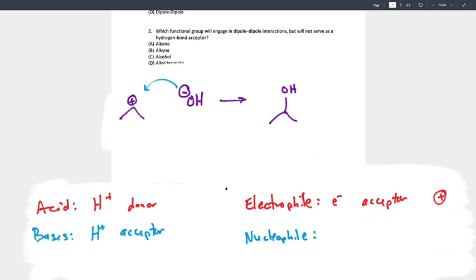What did your acid do? It donated H+. Donated H+ by doing what? Accepting electrons. Okay? So the acid and the electrophile definitions really float in similar areas. The electrons are ultimately doing identical things. It's just what they're acting on. Acids and bases, our electrons are acting on hydrogens, and so we decide to use the hydrogen as the definition. Our electrophiles, nucleophiles are acting on things that are not hydrogen, and therefore we reference them based off of the